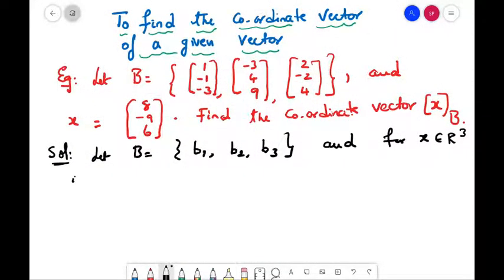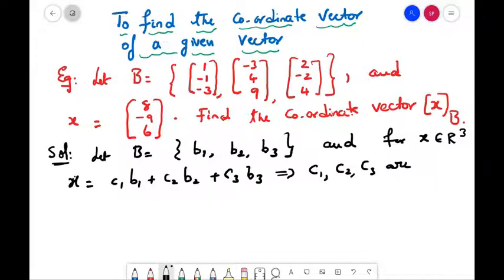If for X belonging to R3, X is equal to C1 B1 plus C2 B2 plus C3 B3, this implies C1, C2, C3 are